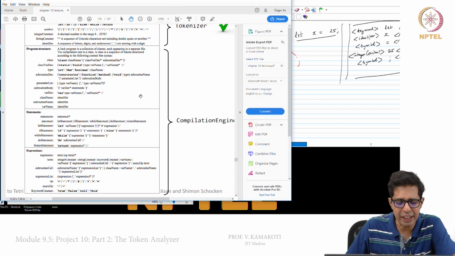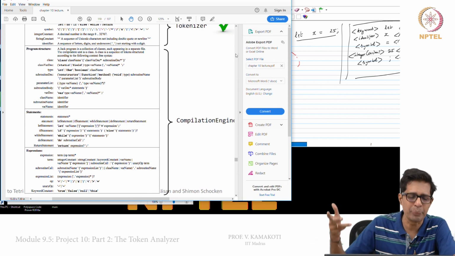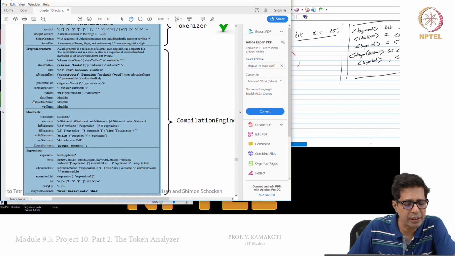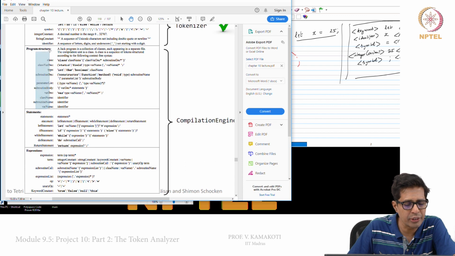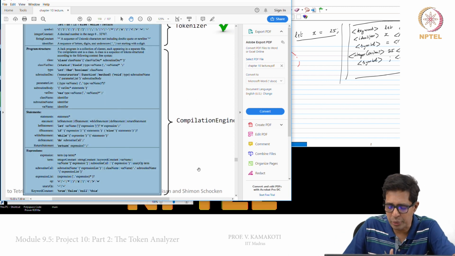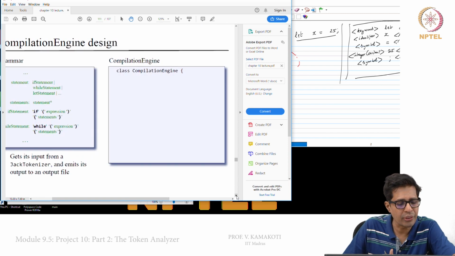So for every non-terminal that we are seeing: all the lexical elements are called terminals because you do not have anything beyond them. But all that you see in the second part of this program structure are non-terminals, because after this there is something more. What does the class have? Class has a keyword called class, then class name and something more, but a terminal like integer constant has nothing more. That's why it's called terminal. Okay. Now what we do here is as follows.